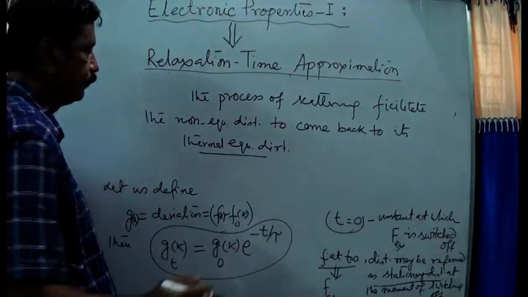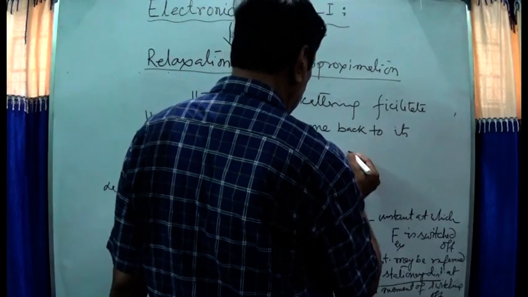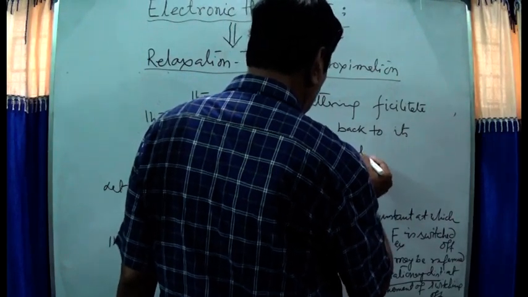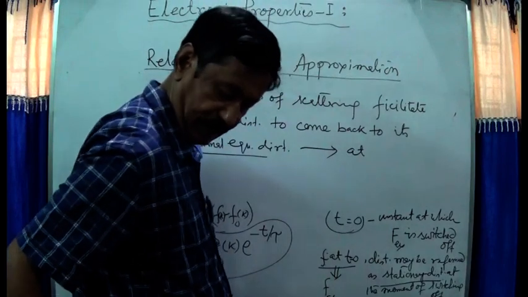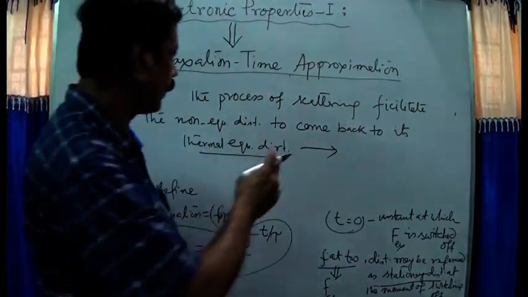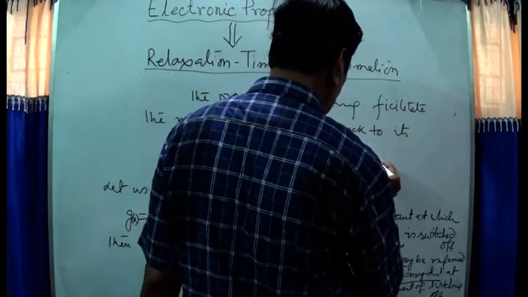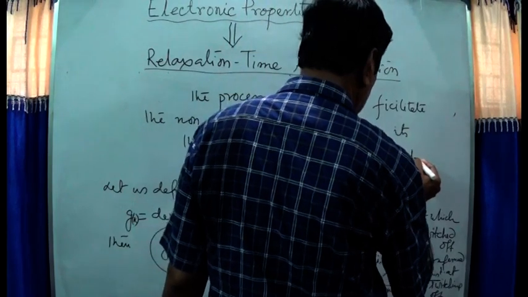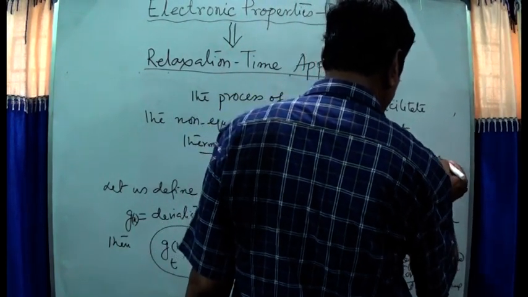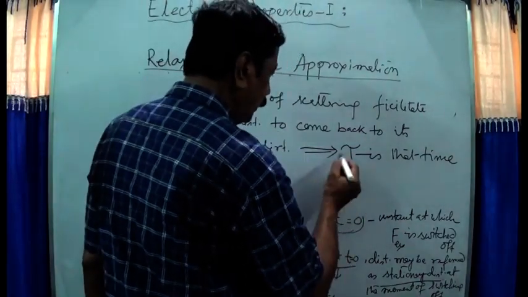Right? And this is attained at the time scale for the process, and this indicates that tau is that time. Okay, so